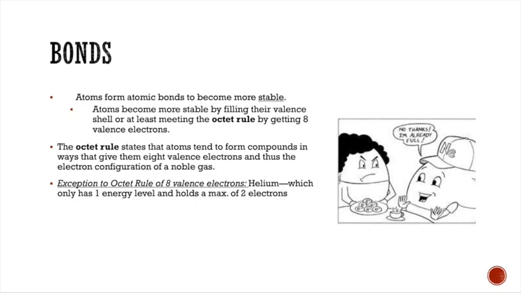So for noble gases, you can think of the rightmost column of your periodic table: neon, helium, krypton, argon, all of that. But there is one exception to your octet rule, which is helium. It's a noble gas, but it only has 1 energy level, so therefore it can only hold 2 electrons maximum. So in order for helium to be stable, which it already is because it's a noble gas, it only needs 2 electrons rather than the 8, which is applicable with the octet rule for any other